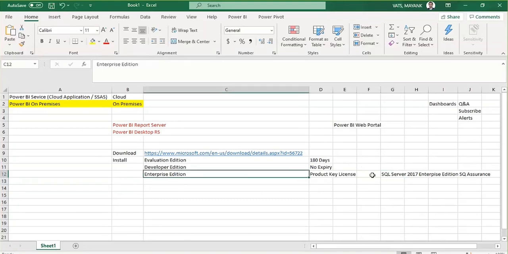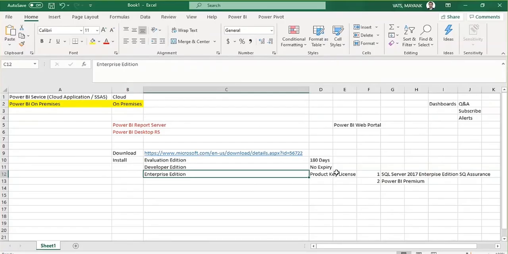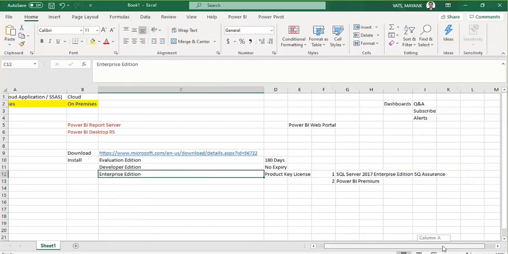The second option is you can purchase Power BI Premium. If you purchase Power BI Premium, then you will get the Enterprise Edition product key to use Power BI Report Server. It means you can't purchase it directly. Either you purchase this one or this one, then you will get this.